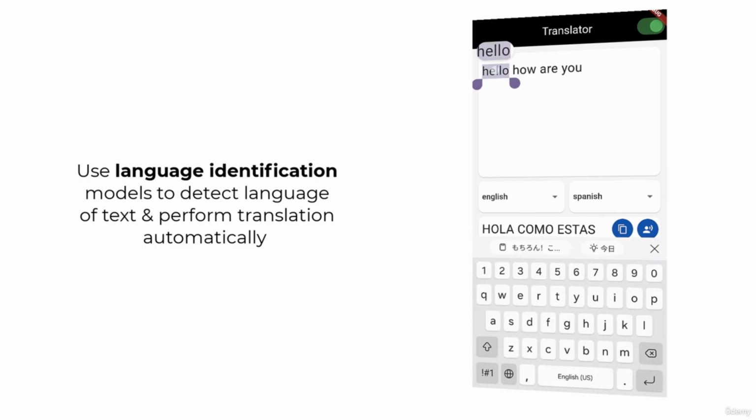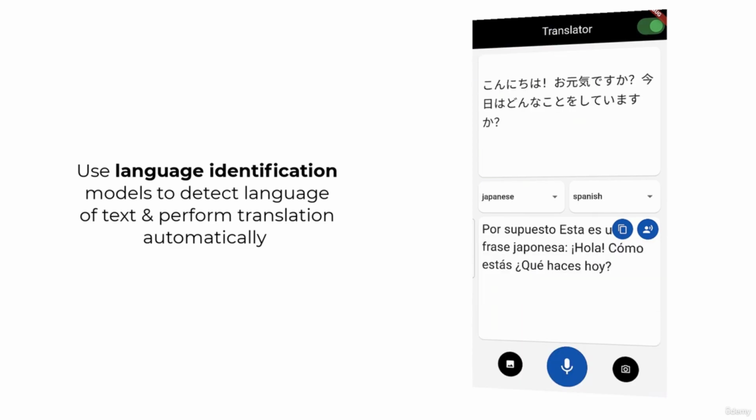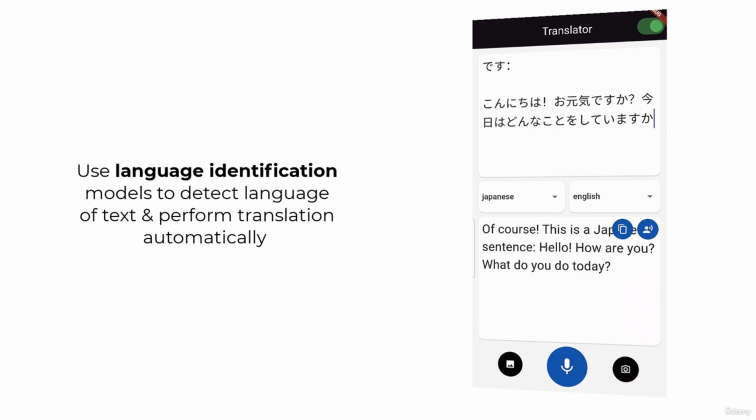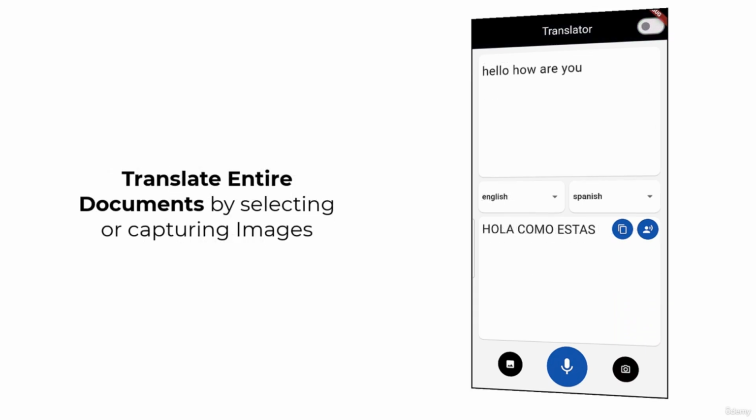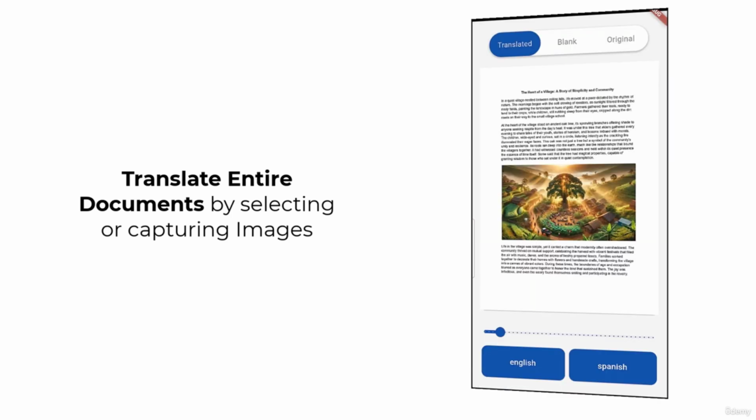And if the user does not know the language of a given text, they can use the language identification feature by pasting the text. So our application will automatically detect the language and perform the translation. Beyond that, users can even translate entire documents using this application. So they can either choose or capture an image of a document